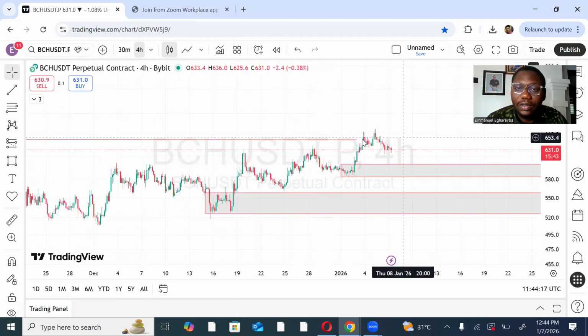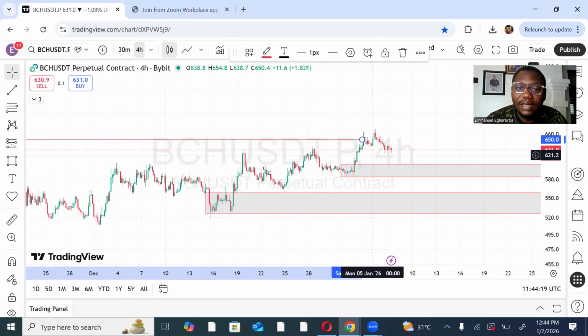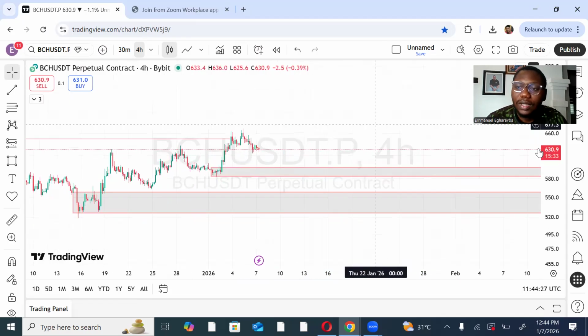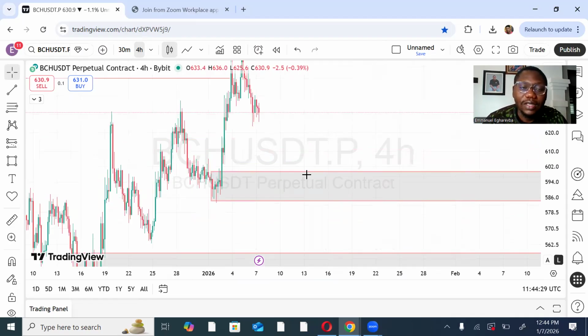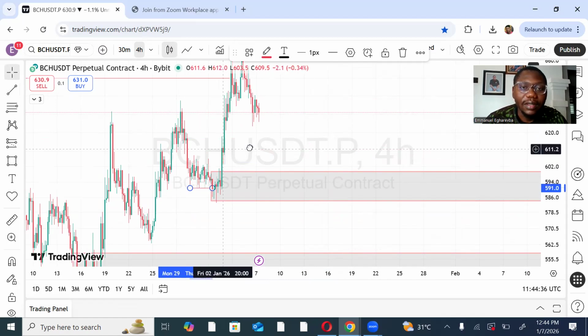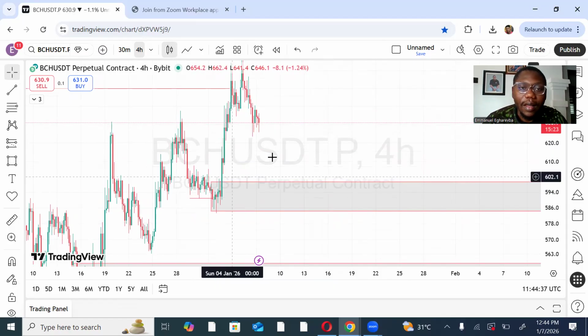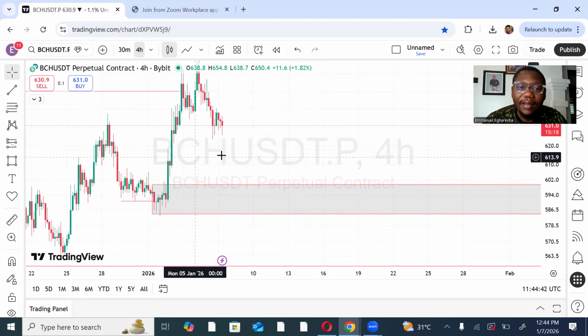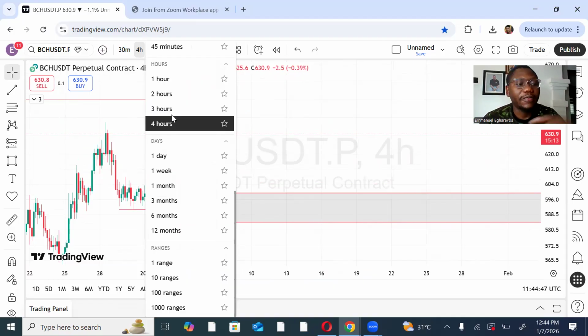Now, we have a break of structure here. This is a valid order block because it breaks structure, it has displacement, which is usually a fair value gap, and then it sweeps liquidity. So everything an order block should have, it has. This is a perfect order block. But how do we know we are supposed to buy from here? Now, if you go lower to your 15 minute time frame,